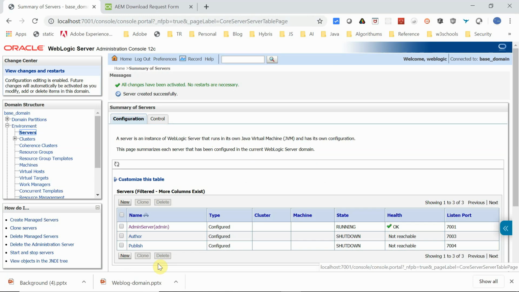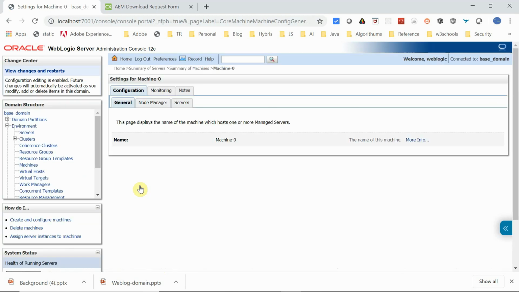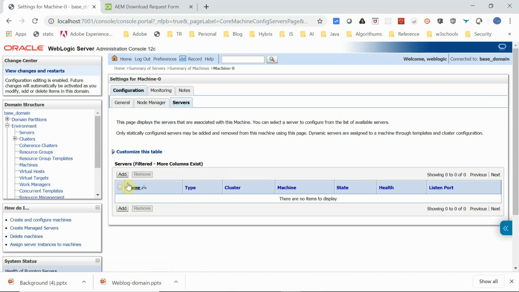Now, as we already saw, we need to configure the machine with the node manager to control the servers. Let me go to machines. There is a default machine, machine 0. Maybe I could have created it already. Go into servers, so the servers are added.